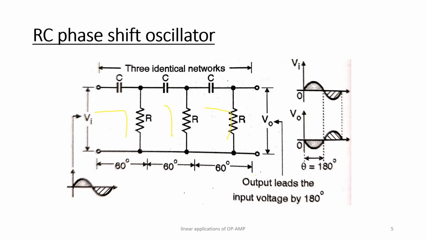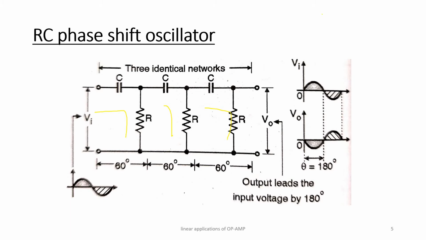One network can create a phase shift of 60 degrees. So here 3 networks are cascaded. So 3 into 60, total 180 degrees by this total network. The RC network shown in the figure is sometimes called a ladder network. It produces a phase shift of 180 degrees precisely only at one particular frequency, which is the frequency of operation of the oscillator. The amplifier used can be a transistor, a FET, or an active device like an op-amp.